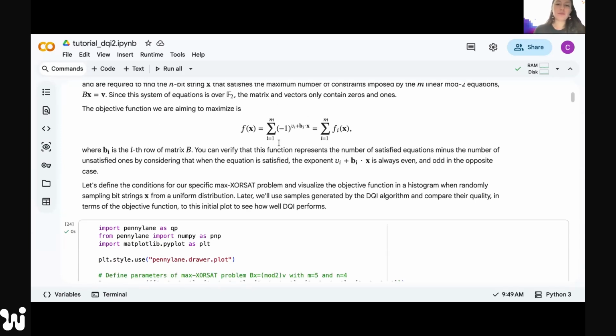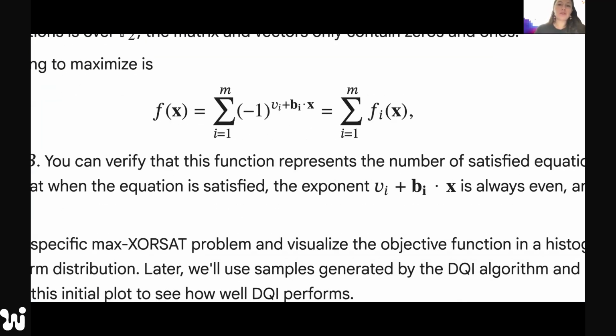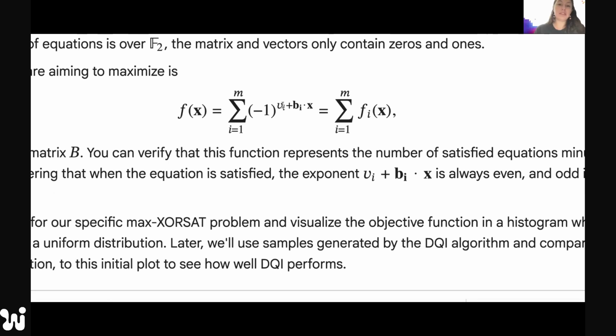All right, so we have this problem. We want to maximize a certain objective function. You've been doing optimization for a little bit, so you know that in optimization we need a function that we're going to maximize. This function is going to contain all of the information that I need in the problem. Maybe I'm going to make this a little bit bigger. This function that I'm going to maximize contains the information for my constraints, my v vector at the end of my problem.